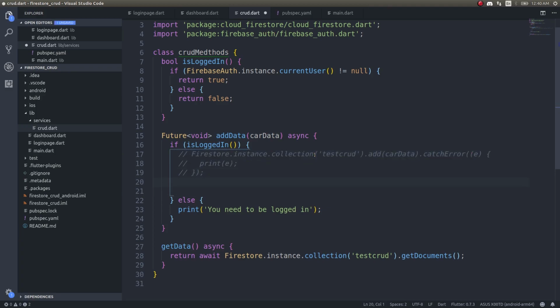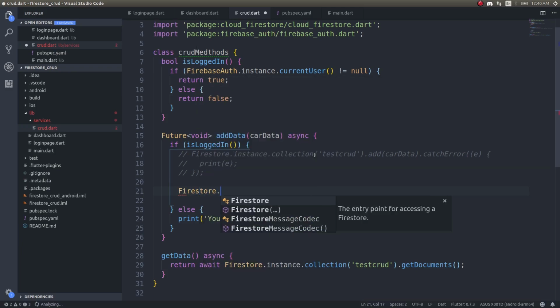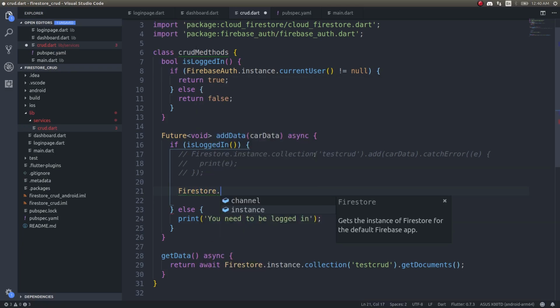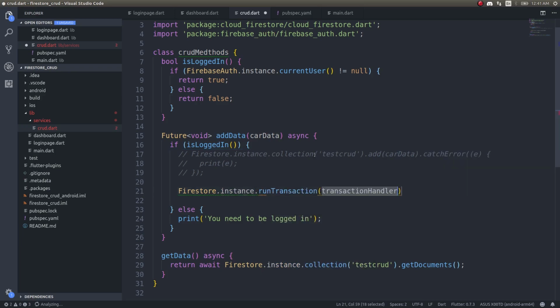So instead of this, you can simply run transactions, guys. Firestore transactions make more sense if you are receiving hundreds of thousands of requests per minute or every half a minute. That is when you are scaling up your application from an MVP level to a large scale application level. That's when you go for transactions. Okay, instance dot run transaction, and here you just give transaction